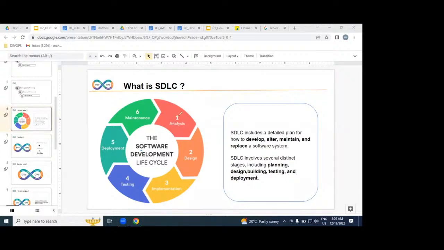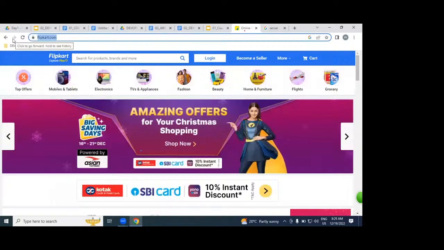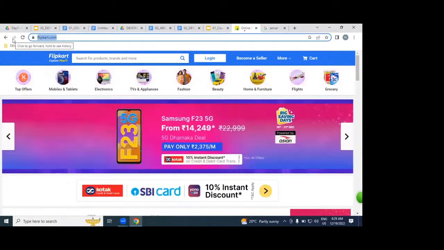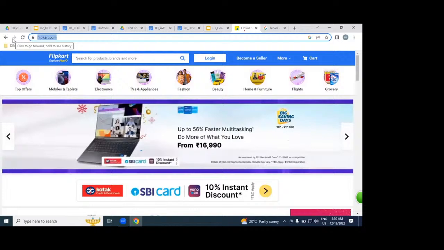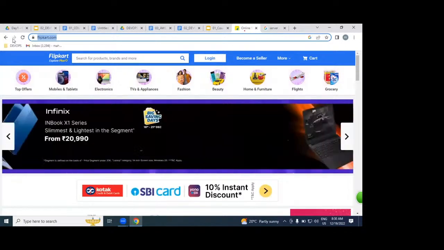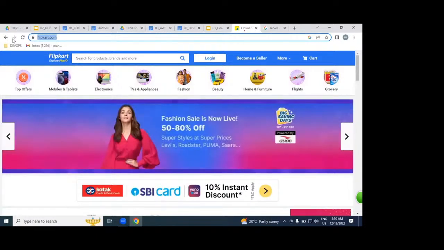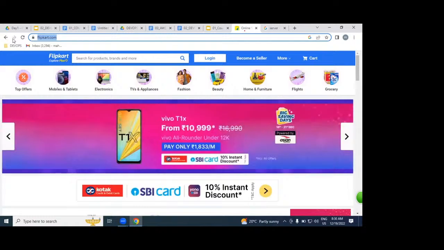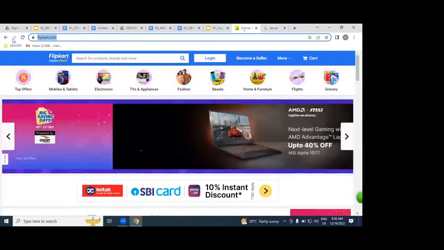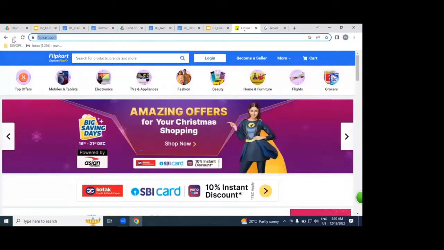For example, I want to build a Flipkart kind of application. Can we build this overnight? Within a day, overnight, can we get this Flipkart kind of application? Please tell me. No, we can't. I'm going to ask you one more question. Can we build an apartment overnight? Within a day, can we build it? No. The same way we can't build our websites either.